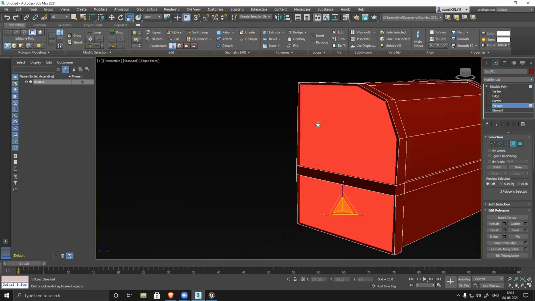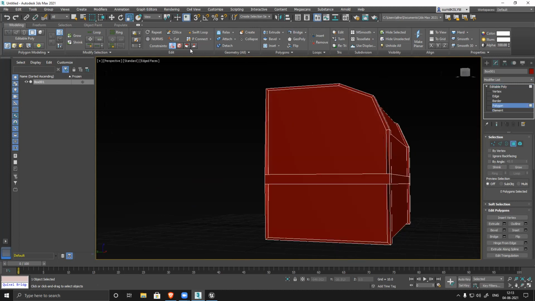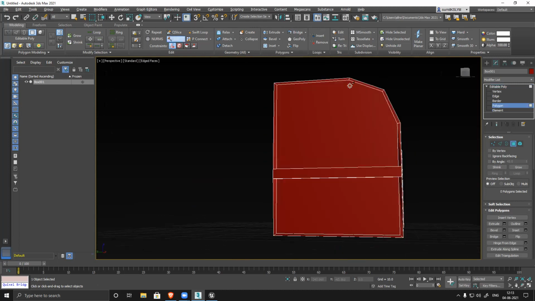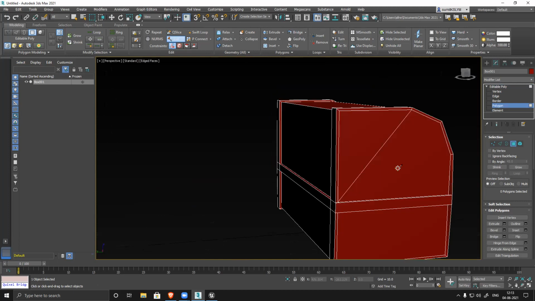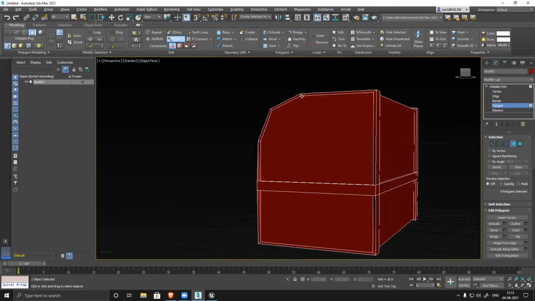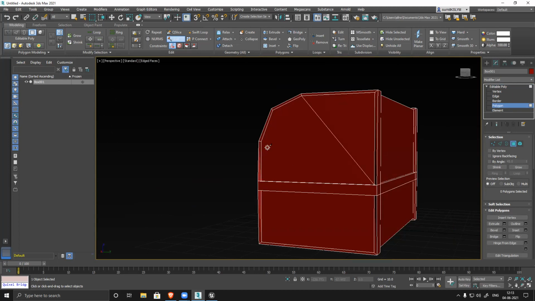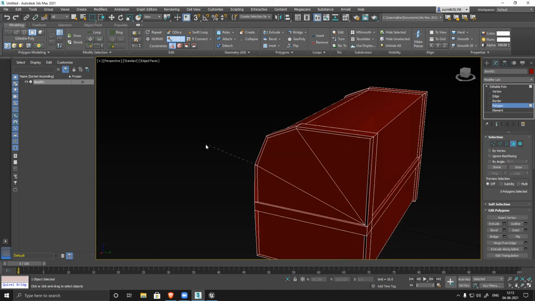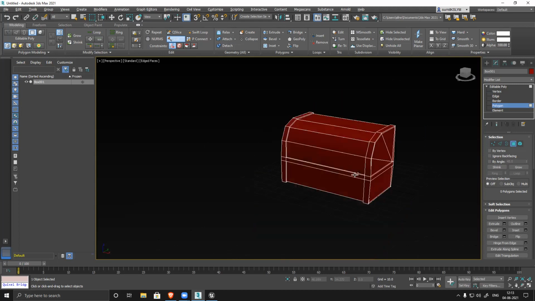Cut. And this has become clean. So my shape is ready.